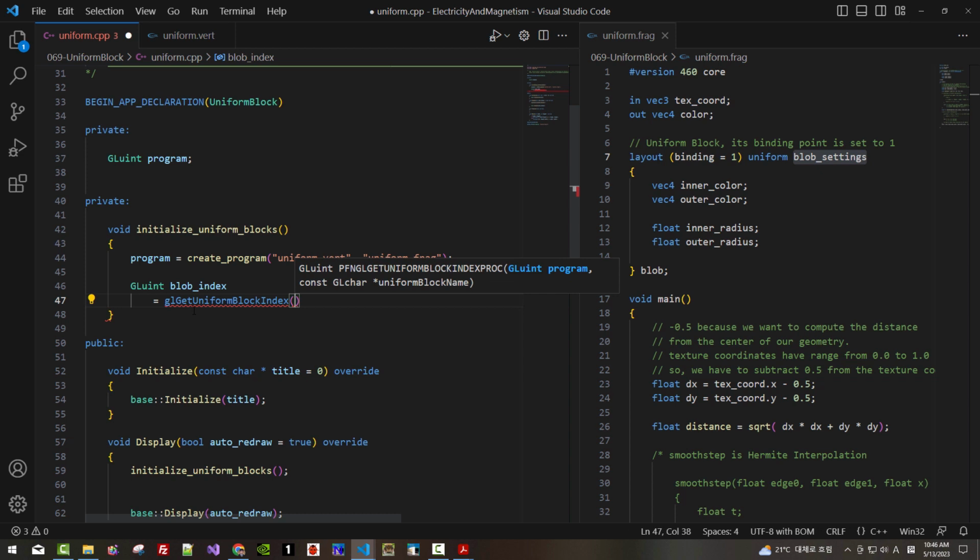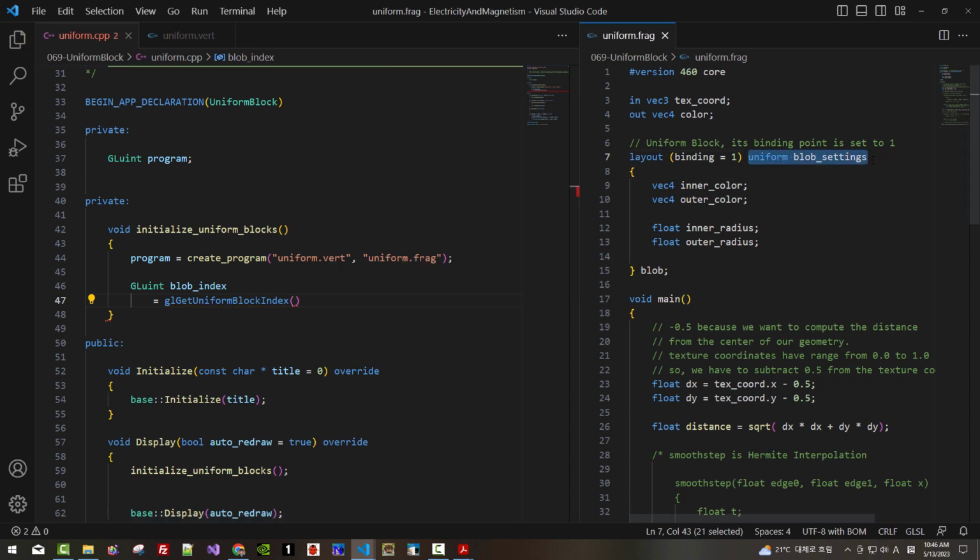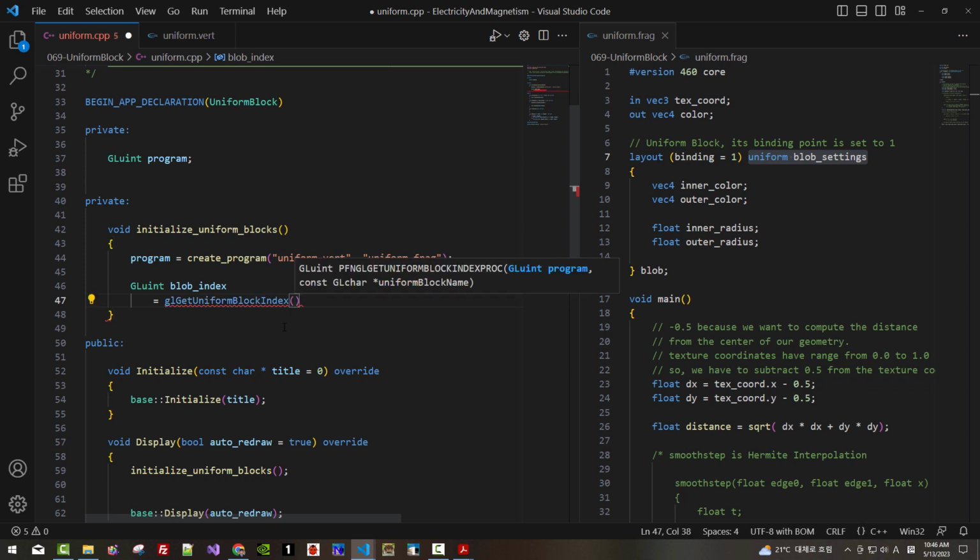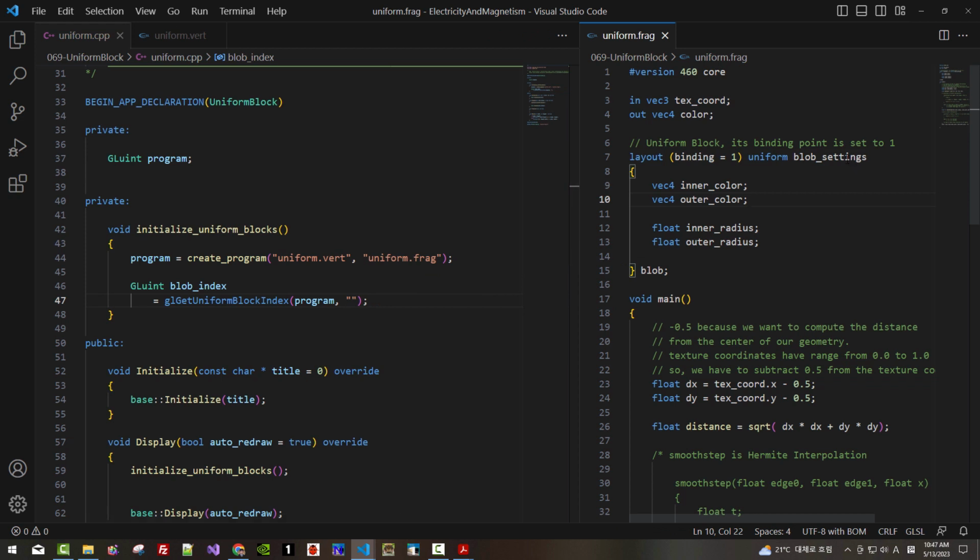The name of this function makes sense. This is uniform block. We get uniform block's index. We provide program. We built this program and pass it here. Then character pointer, uniform block name. Uniform block name is